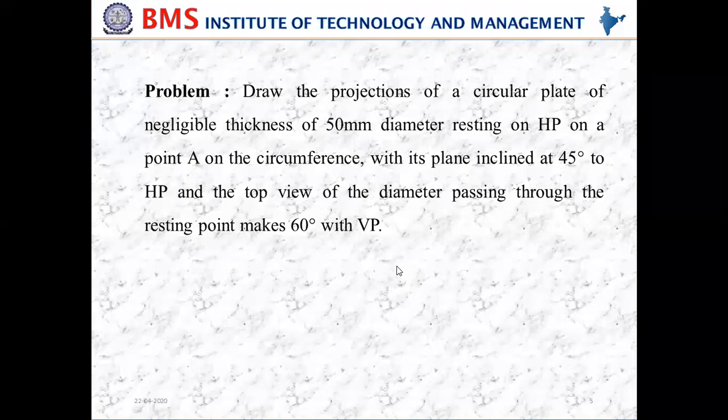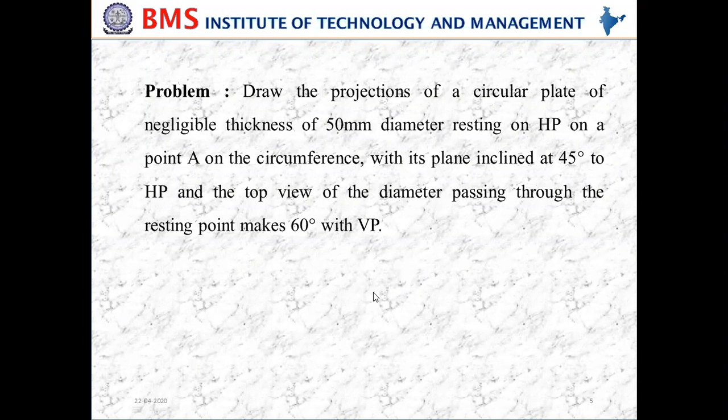So I can keep the lamina parallel to HP and on HP, in such a way that the circle's orientation cannot be drawn in different ways. Only one circle can be drawn. Just draw the circle on the top view, because it is parallel to the HP. The top view will be the true shape, that is, the true shape is nothing but a circle in this case. So the first initial position is going to be done.